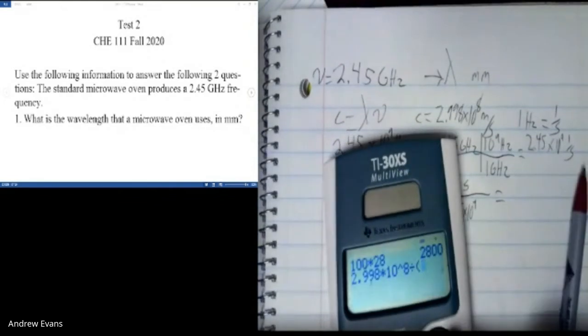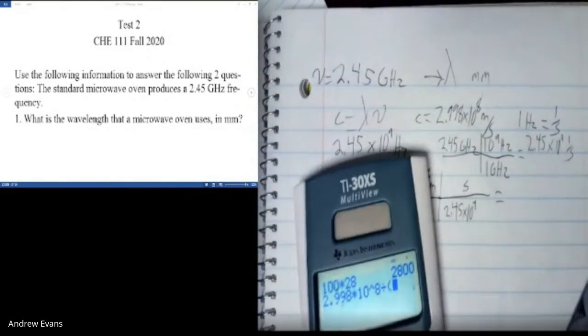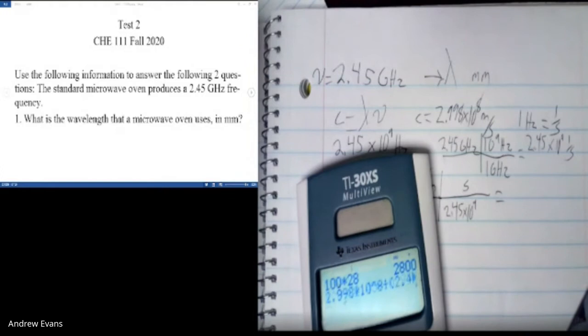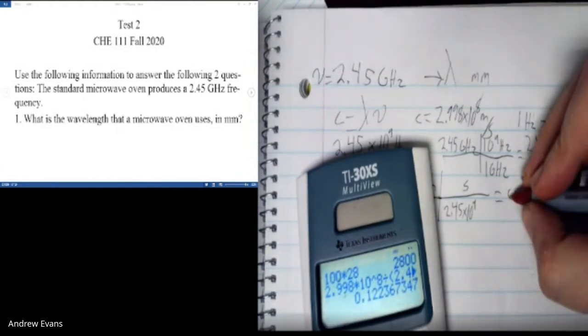Make sure you put the whole denominator in parentheses or use the E functionality so that you're dividing by 10 to the 9th. So in meters, we get